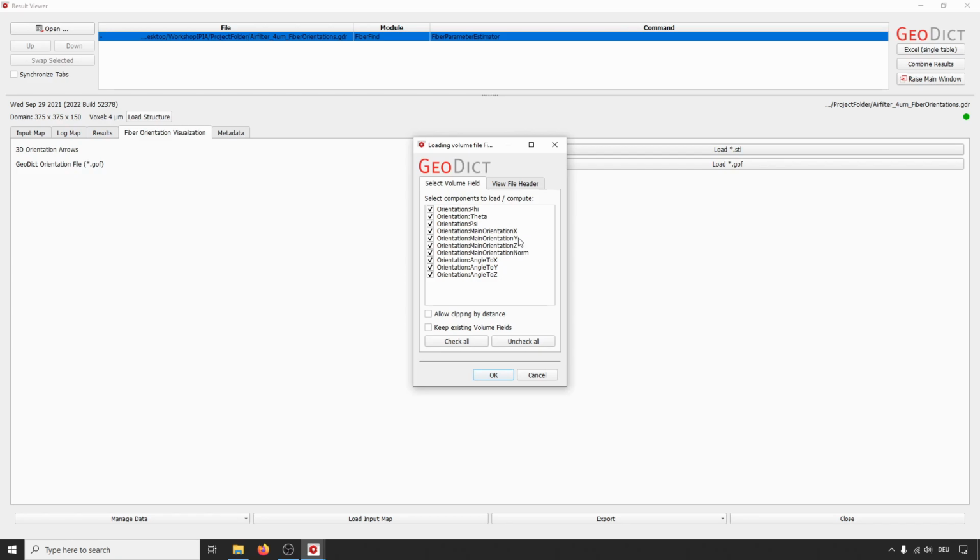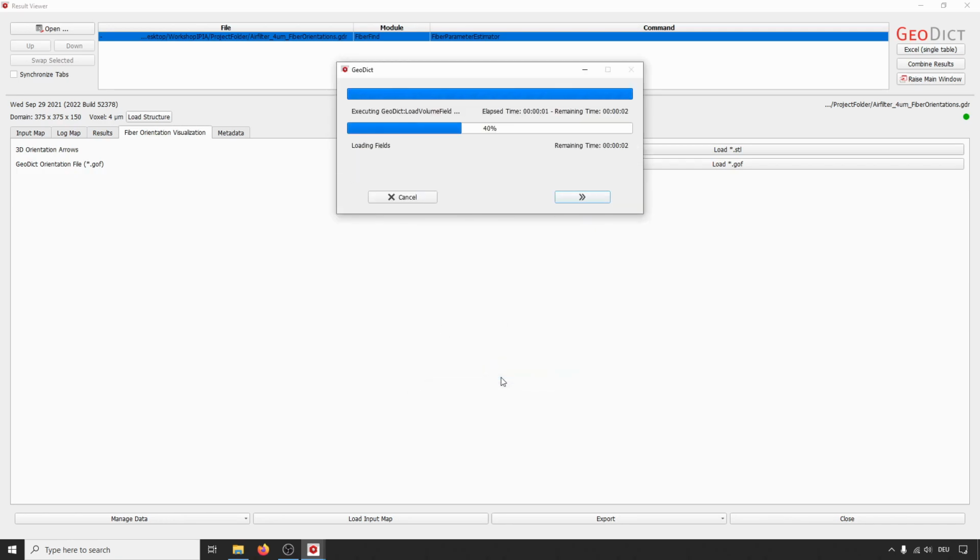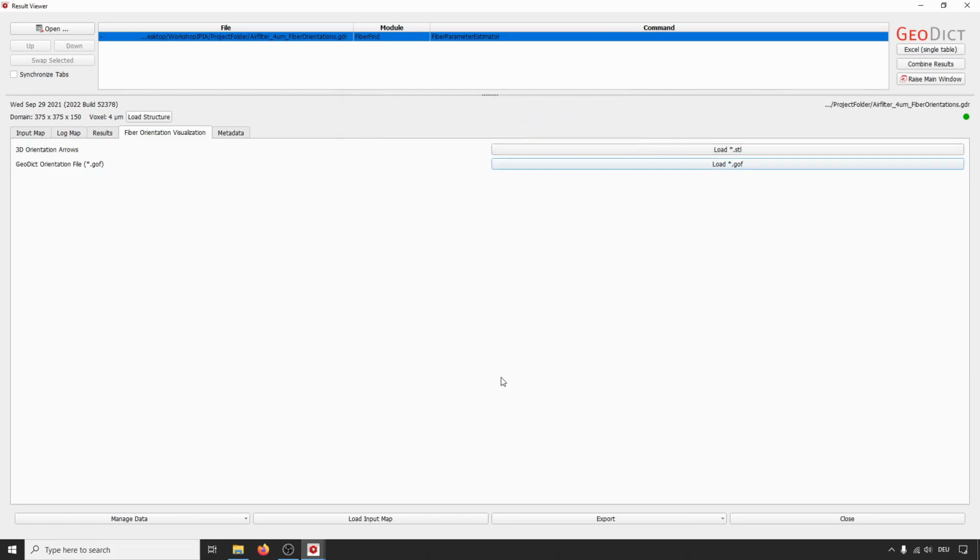We can keep all the fields checked in here, but if you only want one of them, you can also check only one of them, but I'll keep all checked. Click OK. Wait until the fields are loaded. And then we can close the result file.